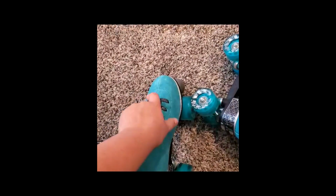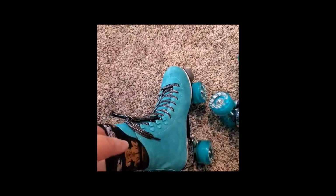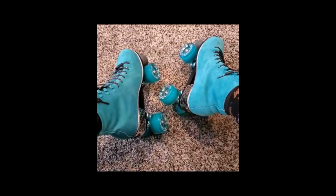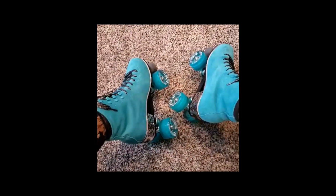So that's kind of the reason why I wanted to get suede, is because they stretch really easily. You don't have to break them in. But I think if they were any smaller, I might have an issue with my feet being too cramped in there. So anyways, wish me luck. I'm gonna loosen up the wheels and probably loosen up the trucks a little bit. I'm not sure if that's gonna do me any good, but